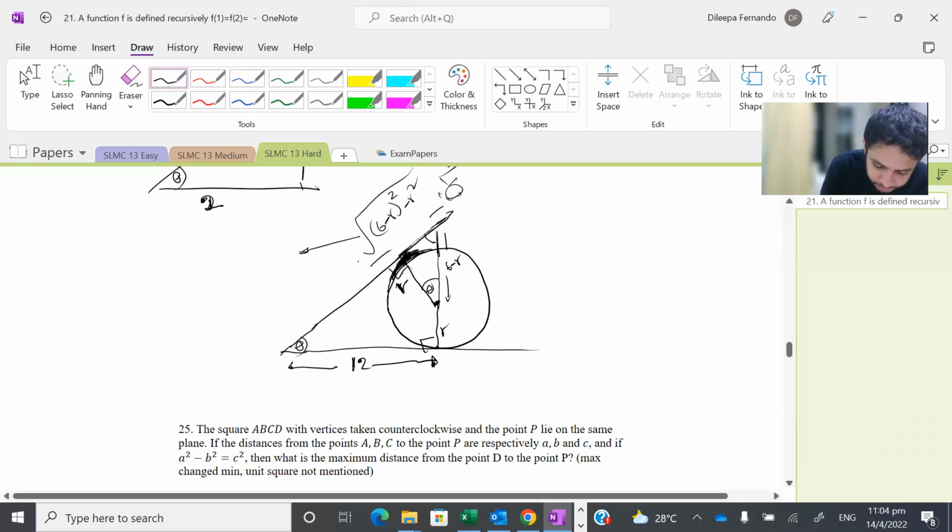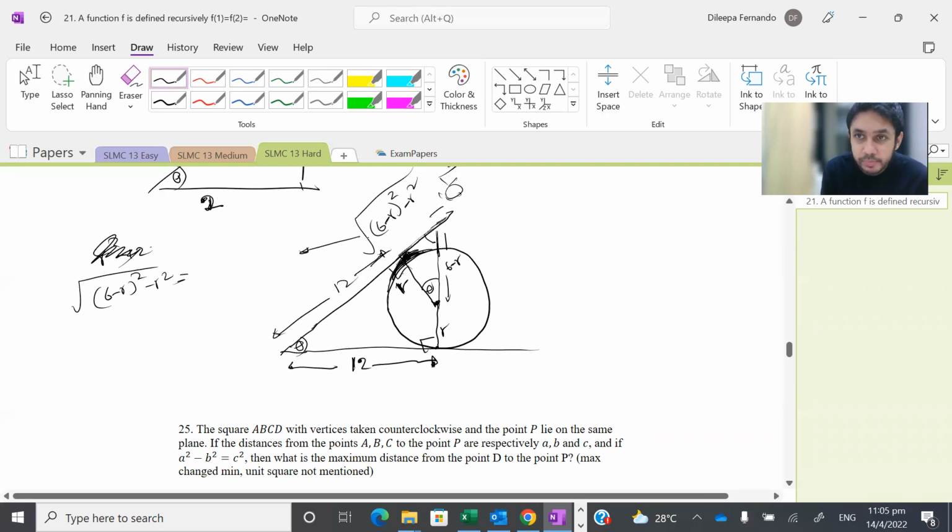And another thing, this part is also 12 because tangent lengths are equal, and this part becomes the square root of r squared minus 12. Okay, so we can just have (6 minus r) squared minus r squared equals